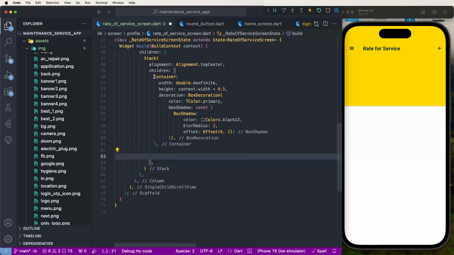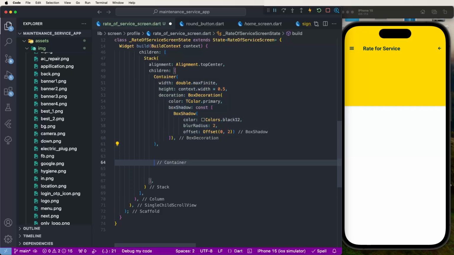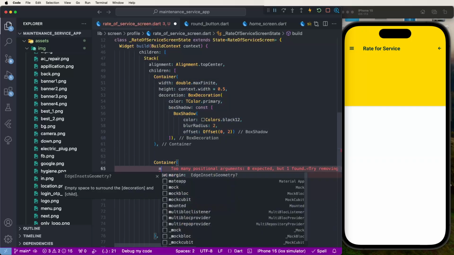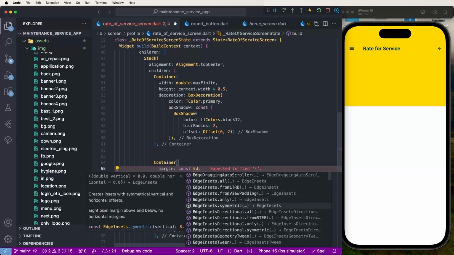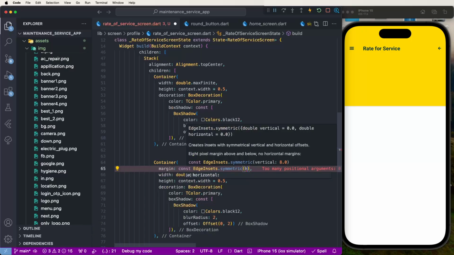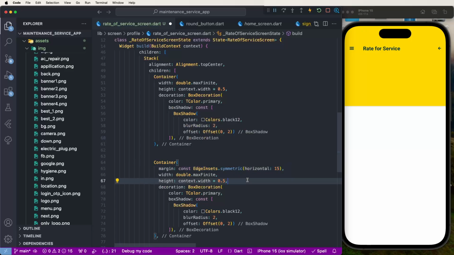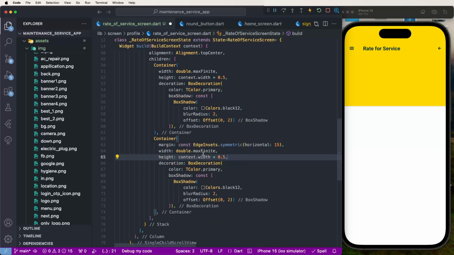Now again we need to copy this and paste it here. Now we need to set the margins: const EdgeInsets.symmetric. We need to set the horizontal to 20, 15 is good, like these settings. And we need to save, and to change the colors here we need to set 250, like this configuration. And now the shadow we do not need to change, and also we need